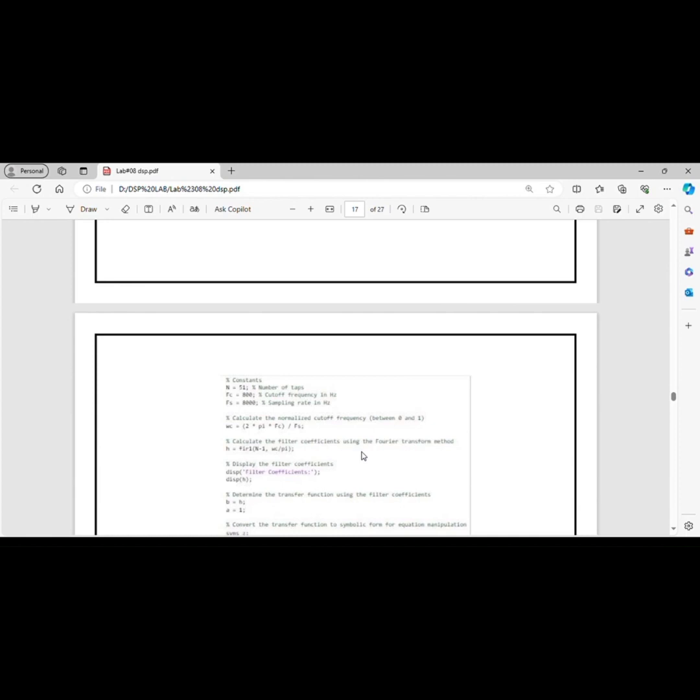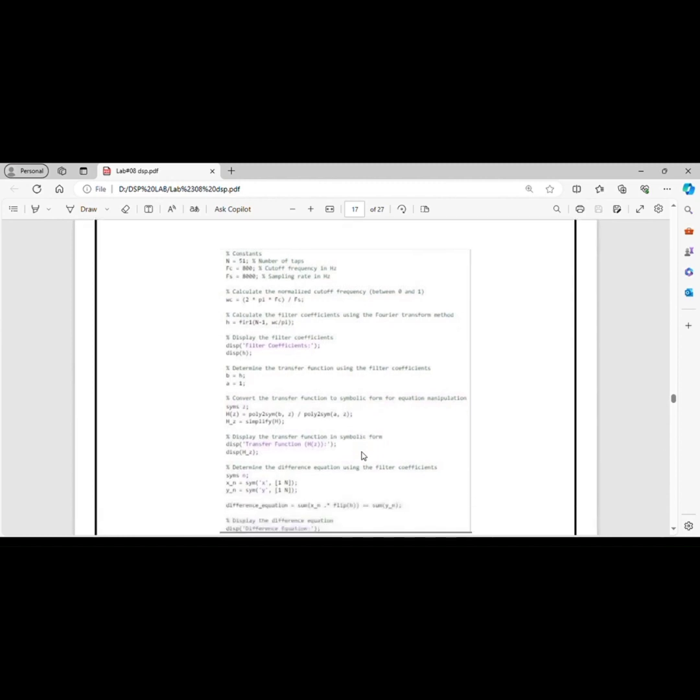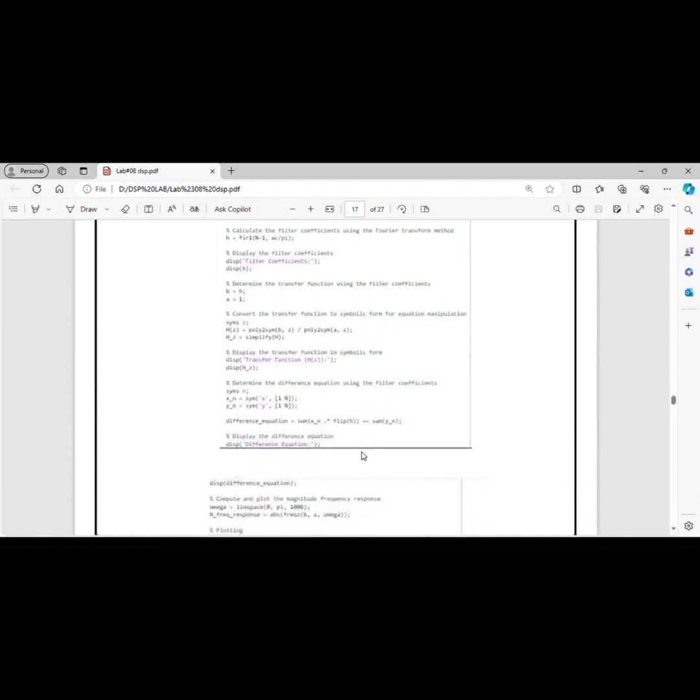Now repeat example 7.2 for 51 tap coefficients. So the number of taps is now 51, the cutoff frequency is 800, and the sampling frequency is 8000. Again, calculate the normalized cutoff frequency between 0 and 1 and calculate the filter coefficients using the Fourier transform method. Display the filter coefficients. Determine the frequency, determine the transfer function using the filter coefficients and convert the transfer function